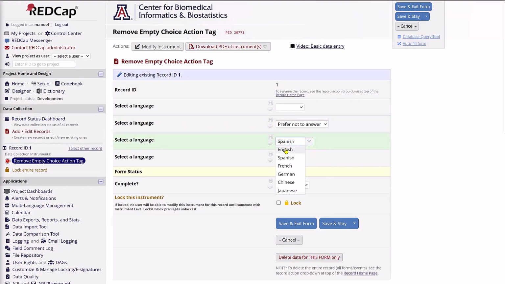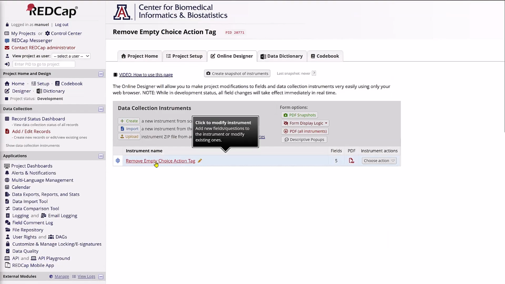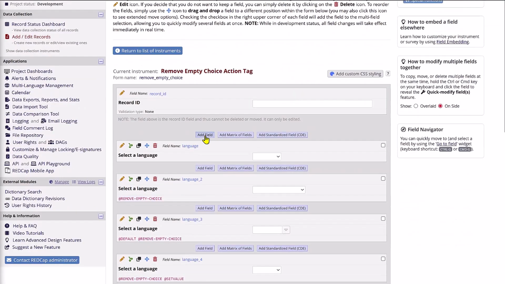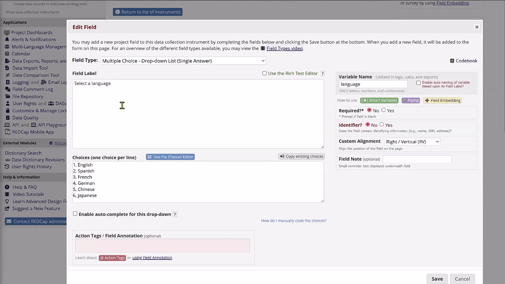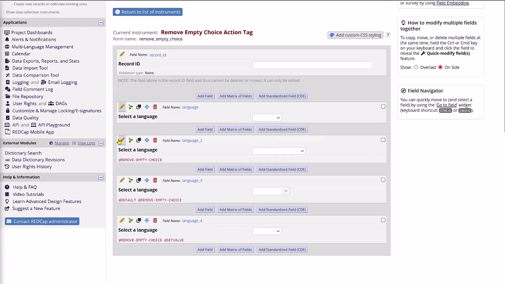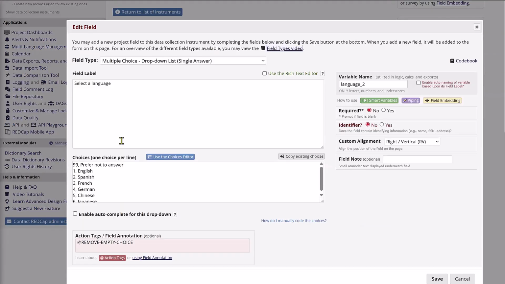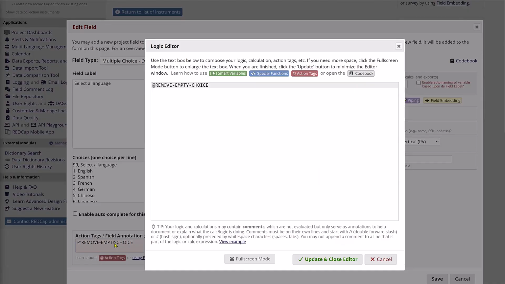This one is, let me see. So this is a default, I believe. So let me go to my designer here and show you the difference between these and what I've done. So I just have, this is the regular one. I just have a list of choices, and that's the default. And then this one is the remove empty choice. This is where I have this option here. So instead of prefer not to answer, I just say select a language. And then all you have to do is add this remove empty choice